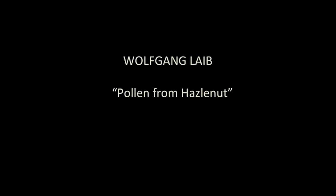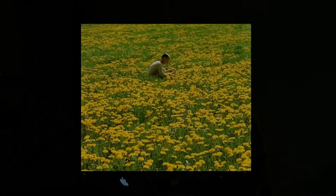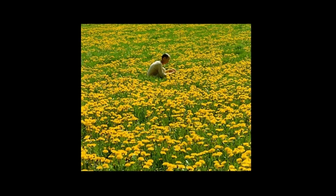So this artist is named Wolfgang Gangl, and he is a German artist, and his medium is pollen. One of the things that the last artist in this section of my talk and the first artist in the second section of my talk have in common is that they both are presenting something gorgeous, visually beautiful, okay? What Wolfgang Gangl does is gather pollen, very many different kinds. Here we see him in the field of yellow flowers. Okay. No technology,